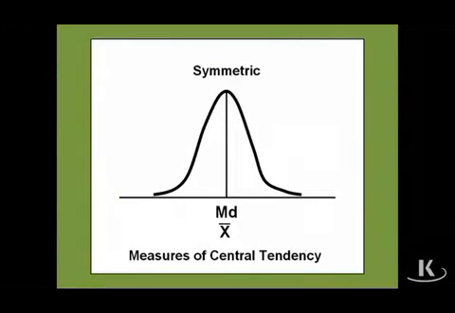Let's say I give the class a test, and let's say I tell you the most common score on that test was 73%. And now I ask you, what's the mean for the class? Well, that's easy. I just told you the mode was 73. If we assume a normal distribution, very likely for an exam, then you know the mean is also 73. And in a normal distribution, if you know 1 for central tendency, you know them all. But